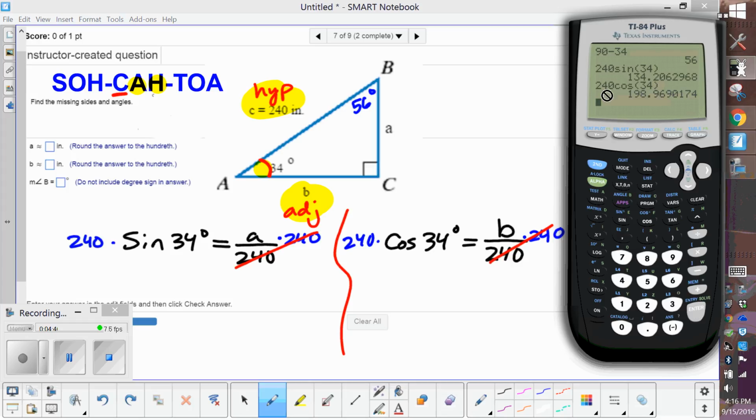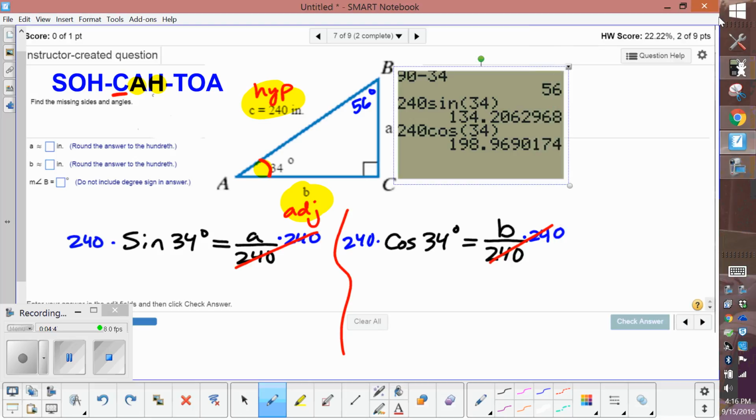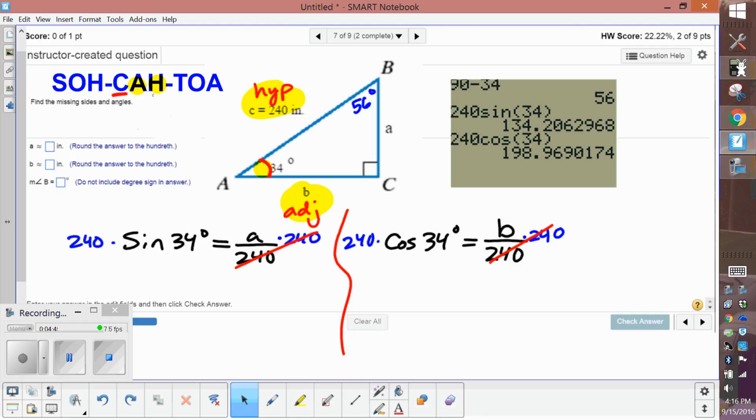Now again, one of the most important parts, I'll pull this off, is rounding. It says round to the nearest hundredth. Okay, hundredths is 2 decimal places. So if I were to draw a line here at 2 decimal places, this 0 here, since there is a 6 to the right, has to round up to a 1. This 6 here, since there is a 9 to the right, has to round up to 7. So my answer should be 134.21 and